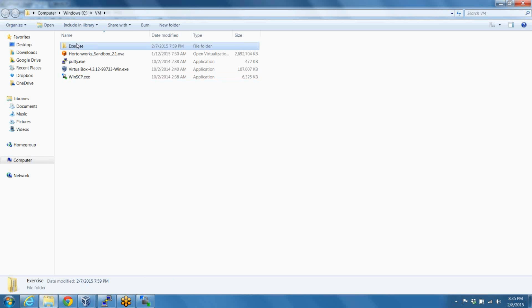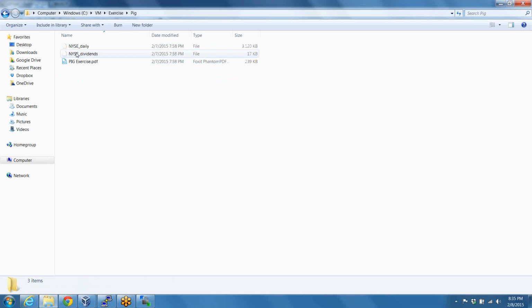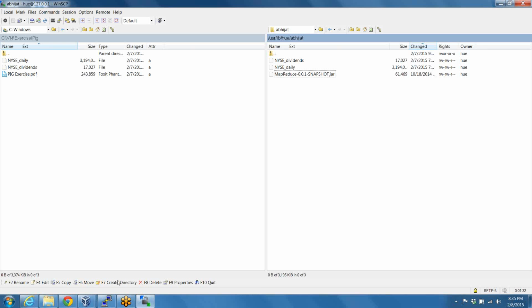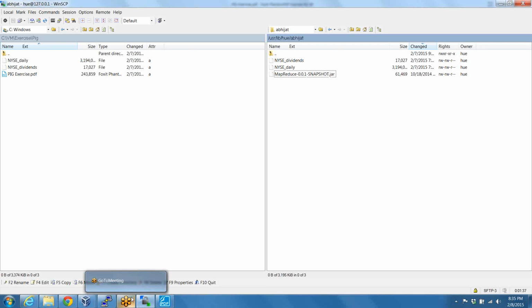Can you see my screen? Yeah, I can see your screen now. All right, so I've put those two files here in user lib Abhijat. Sure. Okay. And now very simply,